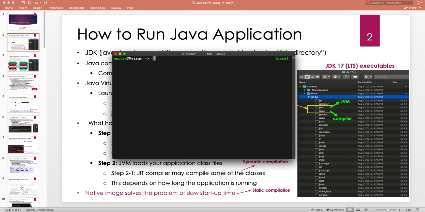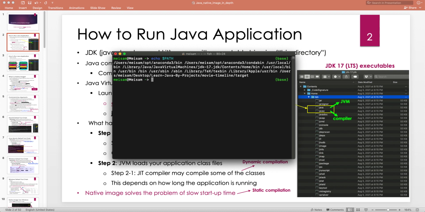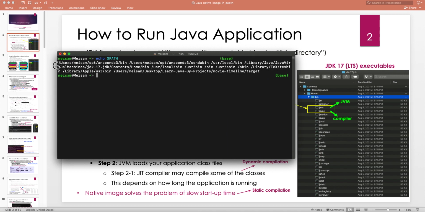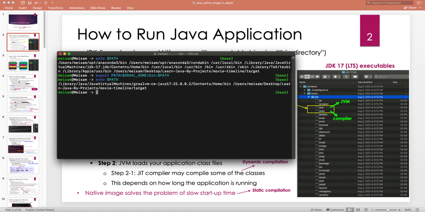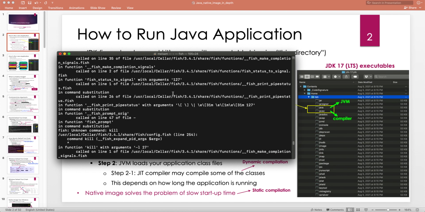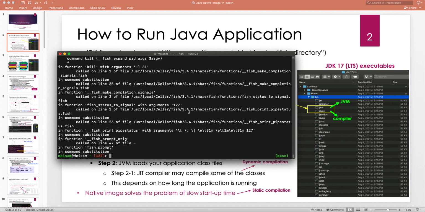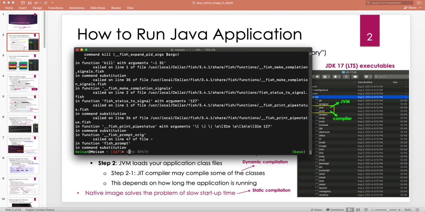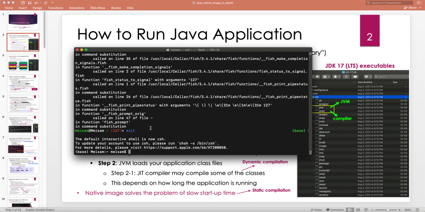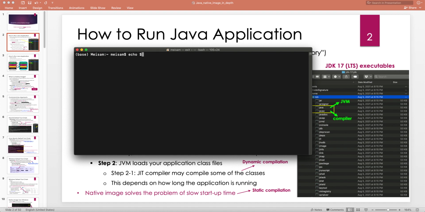So echo path, that's the path, right? This command had a problem, so let's echo path again. Okay, yeah, I guess there is a problem with this approach, and that's probably because of this fish application that we're using. Let's see if we can exit it and go back to the